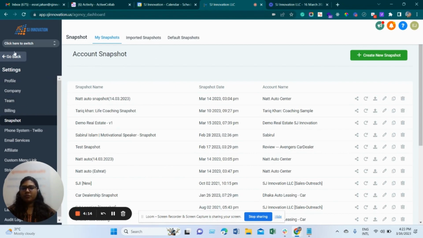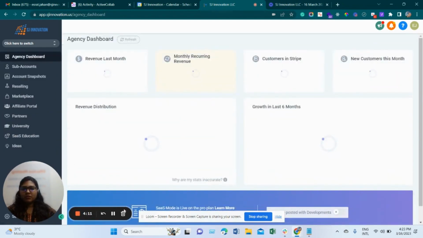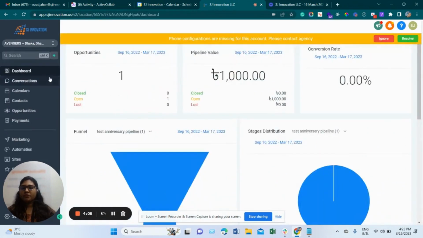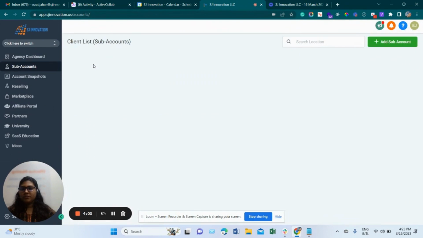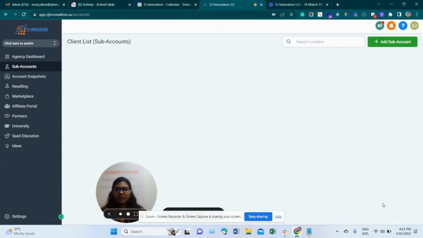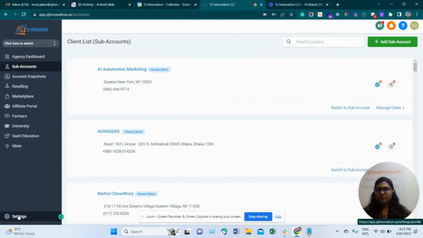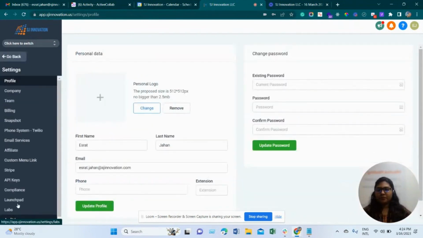So we are going to learn how this works. First of all, you need to go to the agency view, and of course you have to have the agency access. So I'm going to the agency view, then I'm going to the settings, then snapshot,